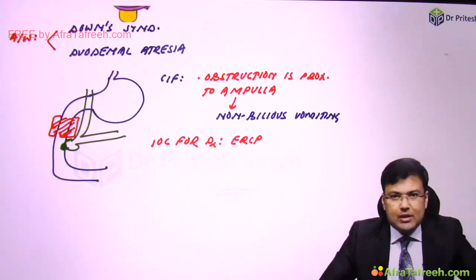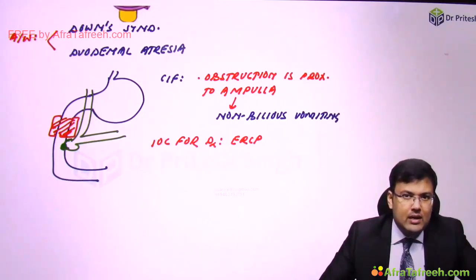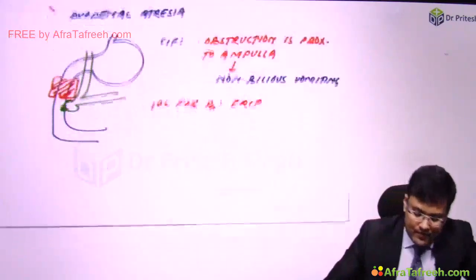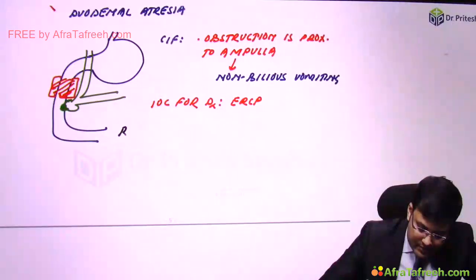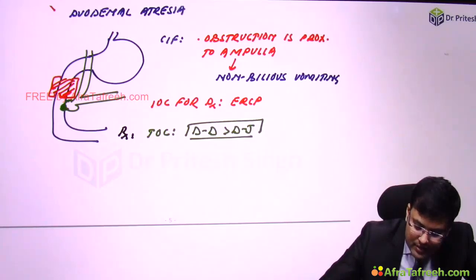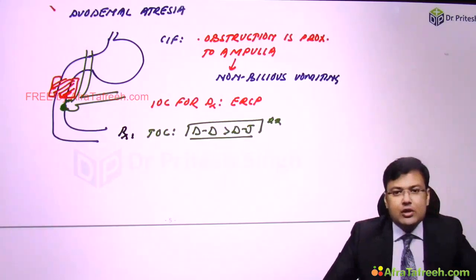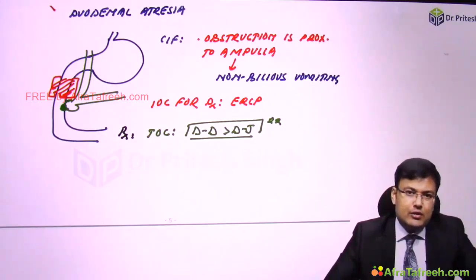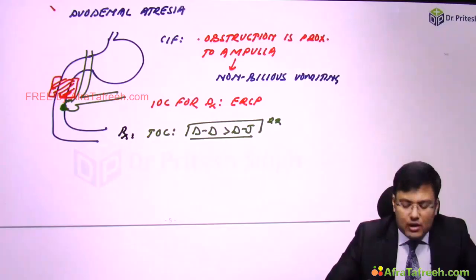And what is the treatment of choice? We have two options: duodeno-duodenostomy and duodeno-jejunostomy. So which one is the treatment of choice? This is a very important question. Treatment of choice is duodeno-duodenostomy followed by duodeno-jejunostomy. Be careful,